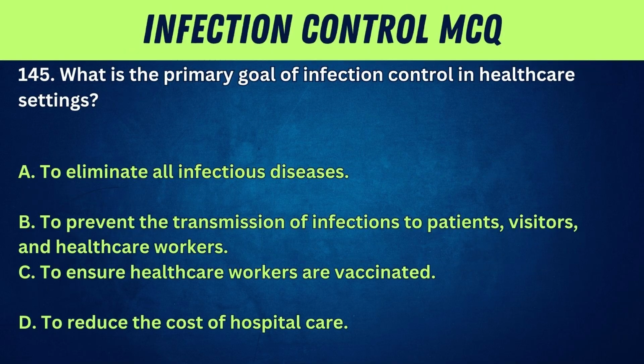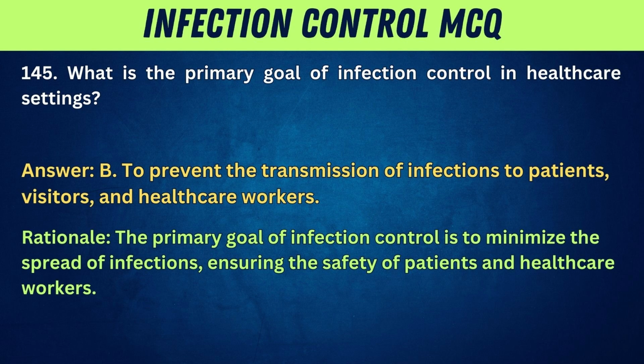time of admission. 145. What is the primary goal of infection control in healthcare settings? A. To eliminate all infectious diseases. B. To prevent the transmission of infections to patients, visitors, and healthcare workers. C. To ensure healthcare workers are vaccinated. D. To reduce the cost of hospital care. Answer: B. To prevent the transmission of infections to patients, visitors, and healthcare workers. Rationale: the primary goal of infection control is to minimize the spread of infections, ensuring the safety of patients and